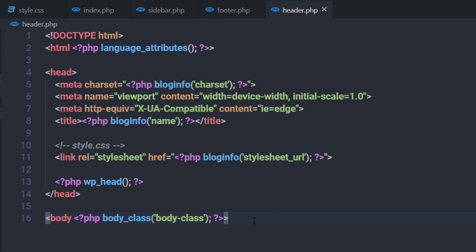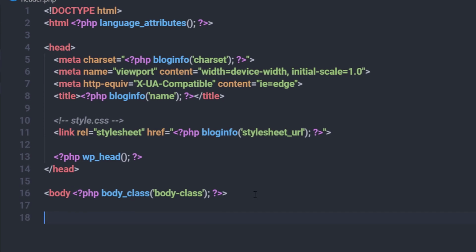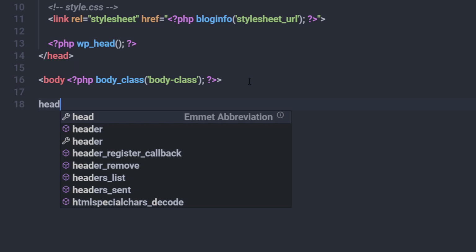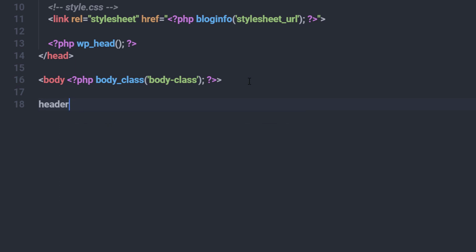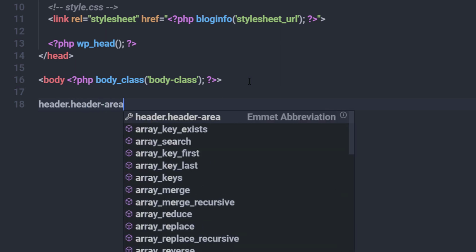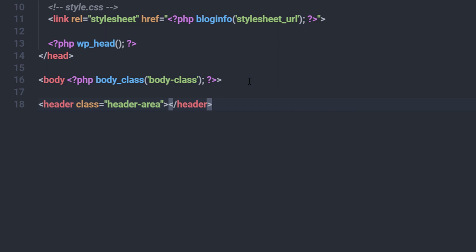Now just after that, let me create a very basic header for this website. So I'm going to first create a header tag and specify a class to it. So I'm going to call header, and using a dot, I'm going to specify a class to it. So I'm going to say here header-area. When I press tab, I'm going to have a header tag with the class header-area. And inside this header,